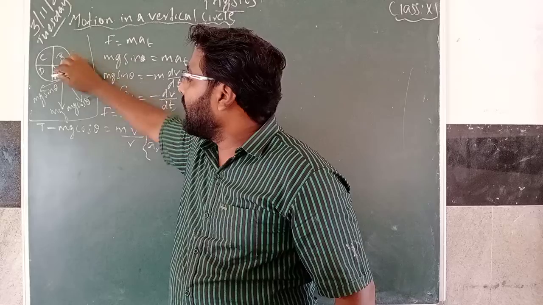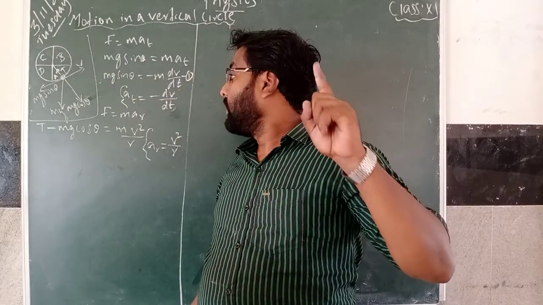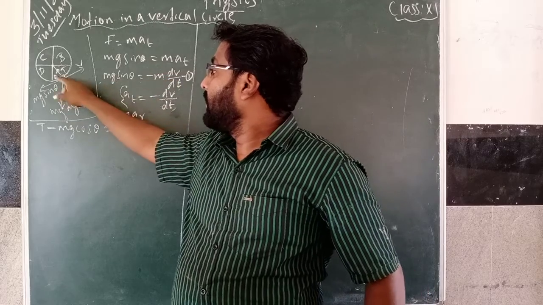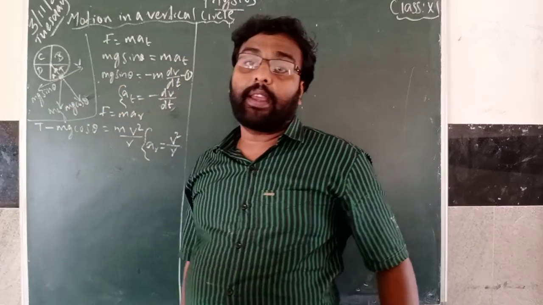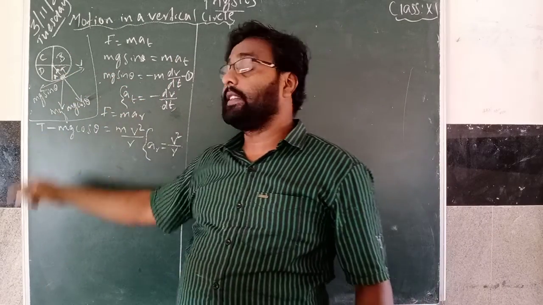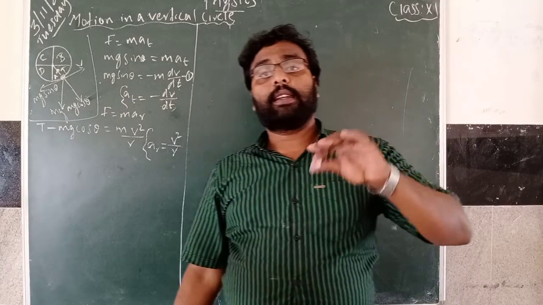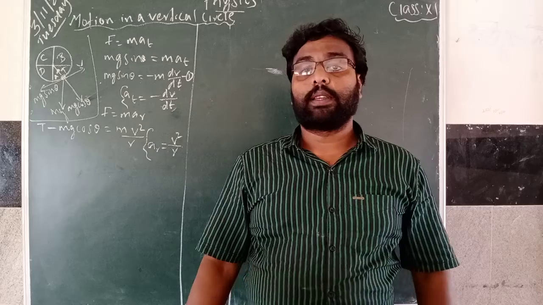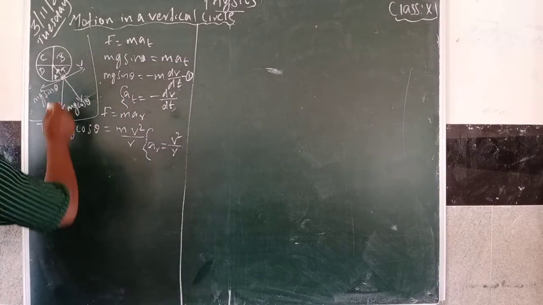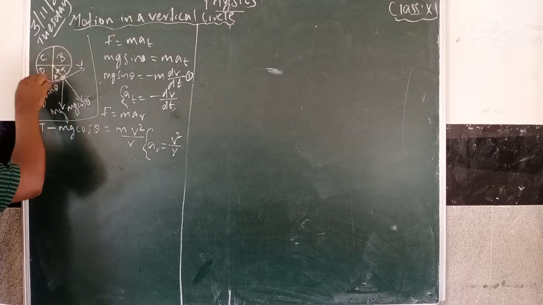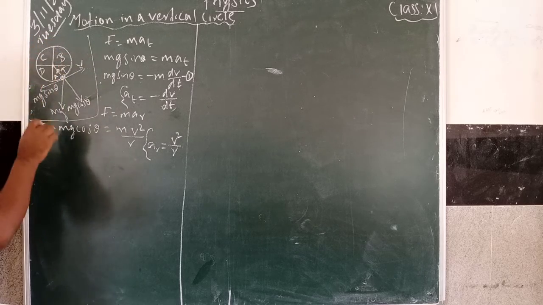Based on these two equations, this mass is having tangential acceleration g sin theta in all directions except theta equal to 0. That means when the mass is in any position of this circle,